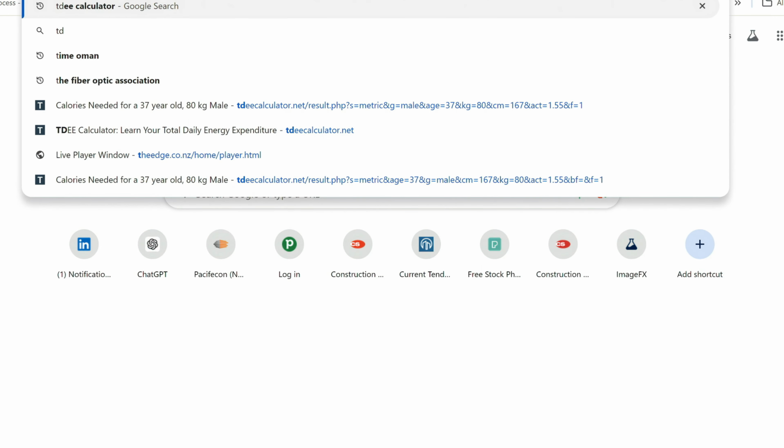In simple words, this is the amount of calories that you need to consume to maintain your current weight. Once you know this number, we are going to take a few hundred calories out of that and create your meal plan to guarantee that it will put you in a calorie deficit. Now let's see how to calculate this using this free online TDEE calculator.